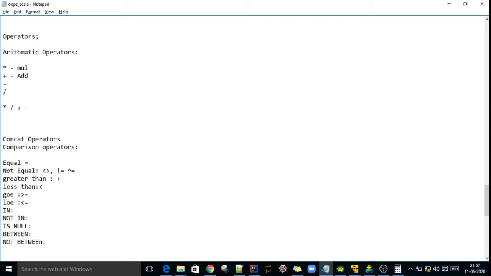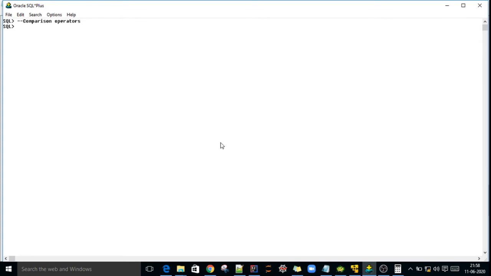Equal to operator in the where clause: if you want to compare that this column is equal to some value, in such scenarios we will use the equal to operator. We'll see one example.